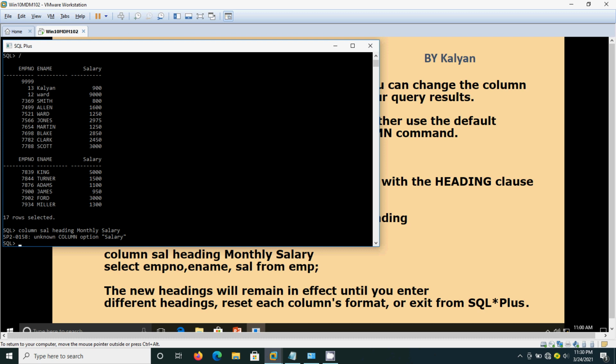But here it shows some error. Unknown column option salary. Why? Because we have given two words. If it is one word, it will accept it. If it is two words, like monthly salary, we need to give it in quotes.